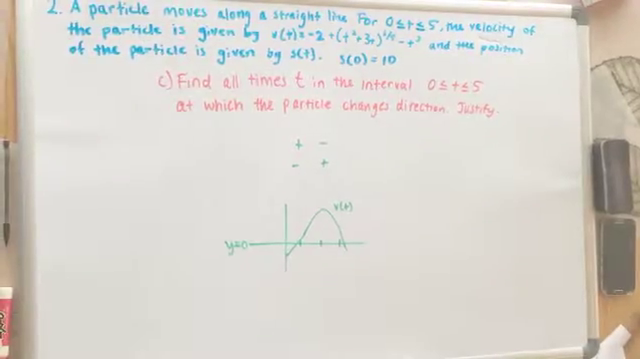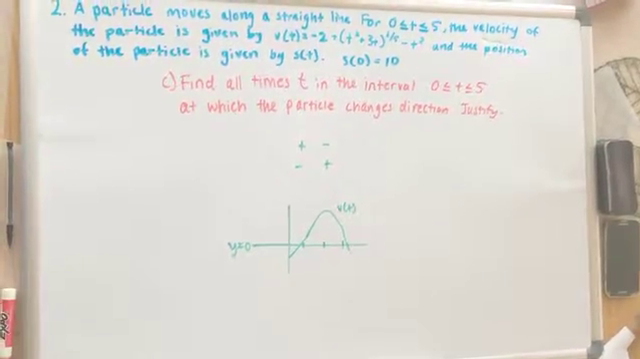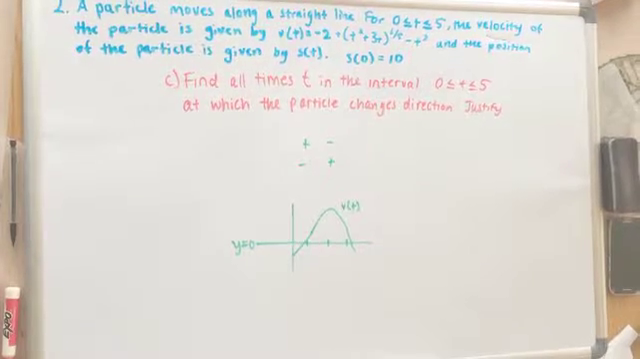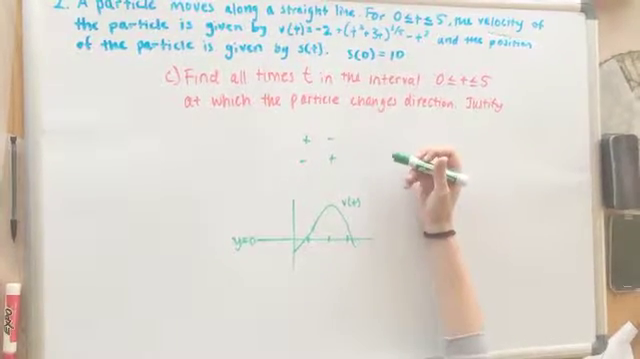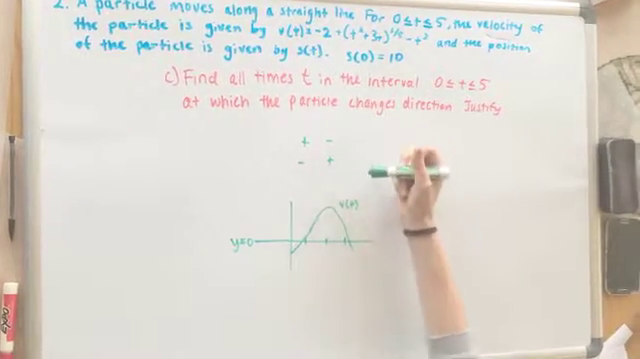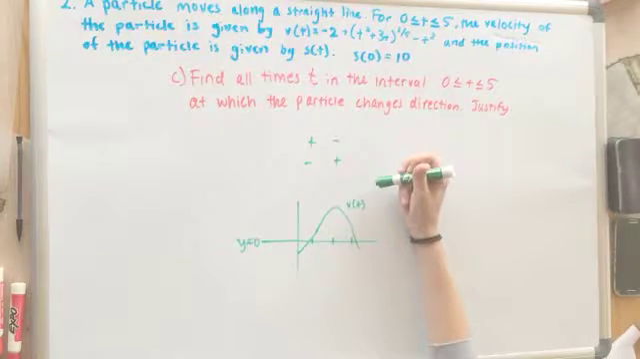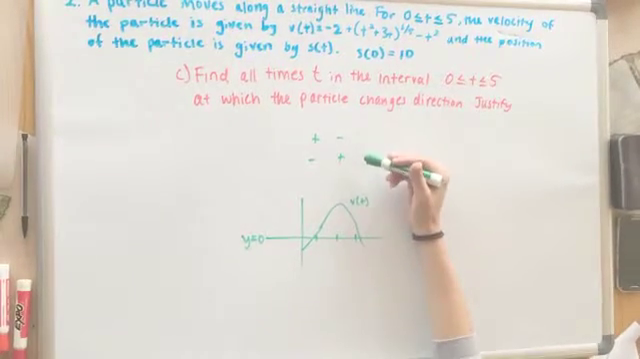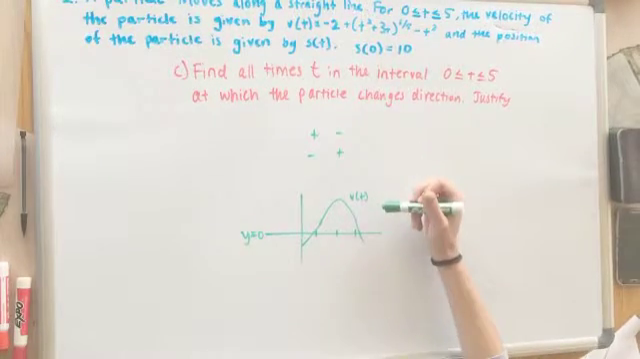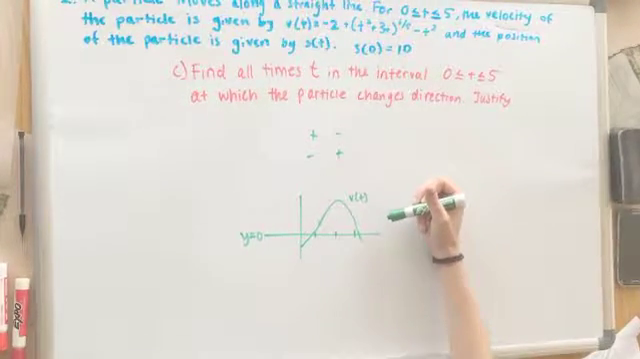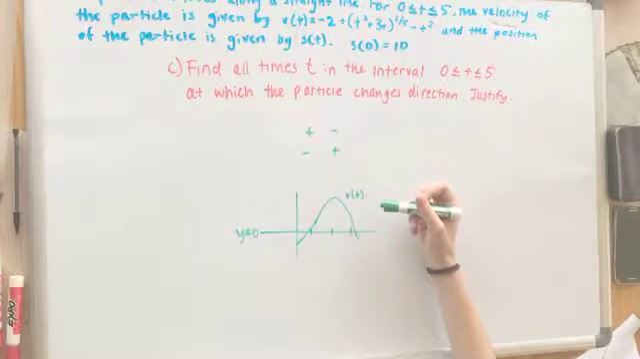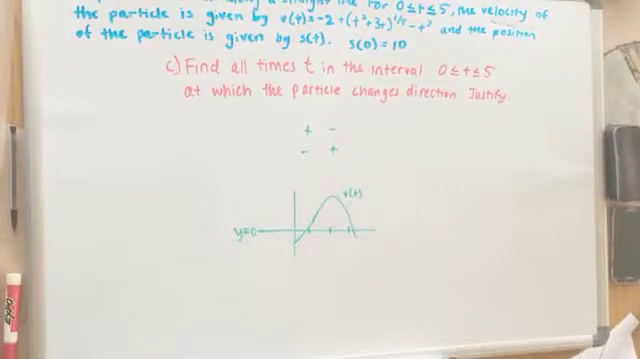Part C says to find all times t in the interval where t is between 0 and 5, at which the particle changes directions, then justify your answer. If the particle changes direction, we know the velocity changes from either positive to negative or negative to positive. So by the intermediate value theorem, the velocity must go through 0. So where is the velocity equal to 0? Looking at the graph on our calculators, the velocity function passes through the line y equals 0 between x equals 0 and 5